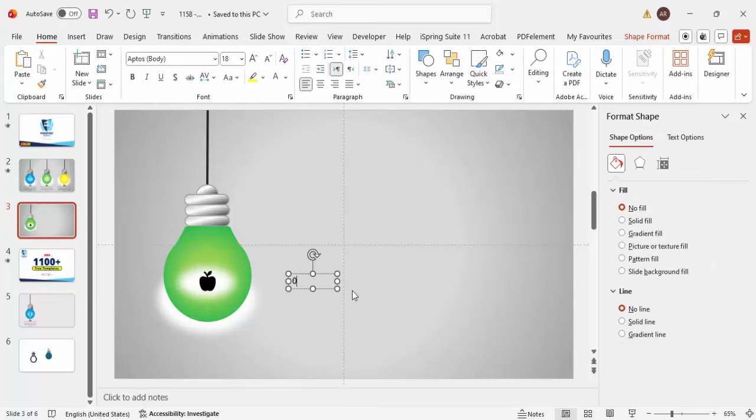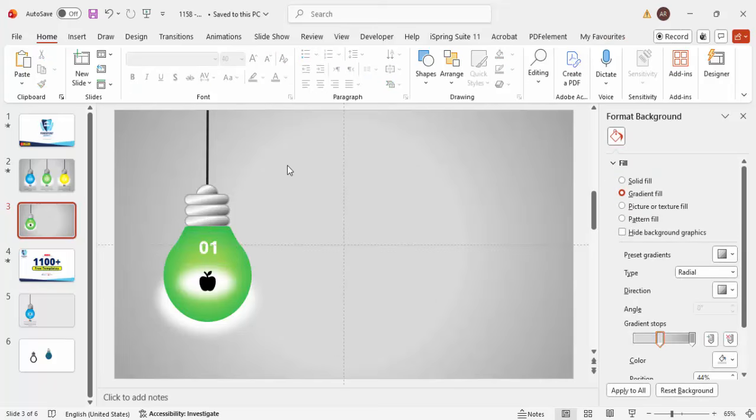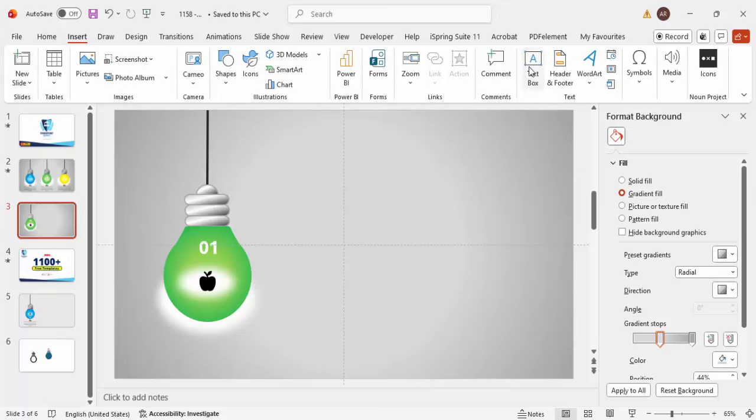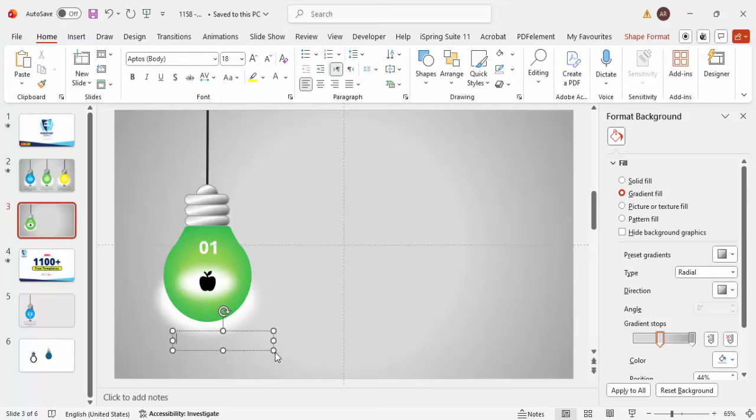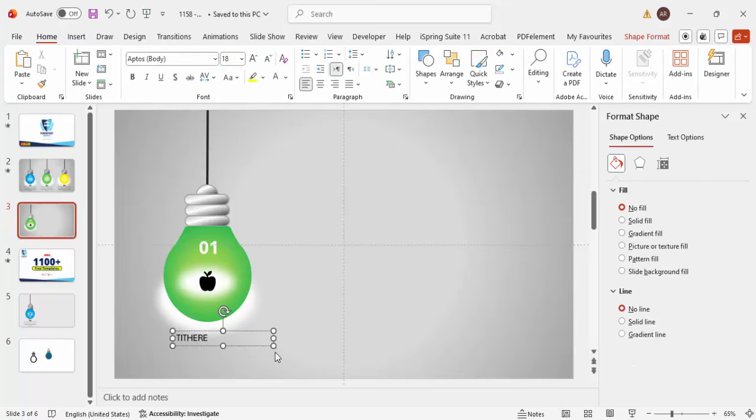I'm going to say this is option 1, center align. Increase the size, make it bold. You can put it here. I'm going to make this a white font, and then you can insert some title at the bottom. Title here, center align, make it bold,